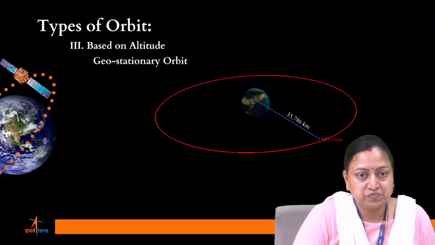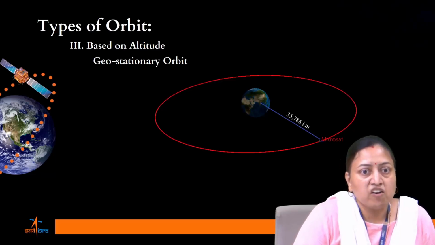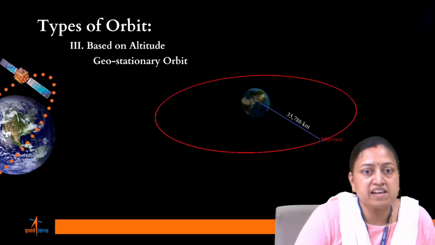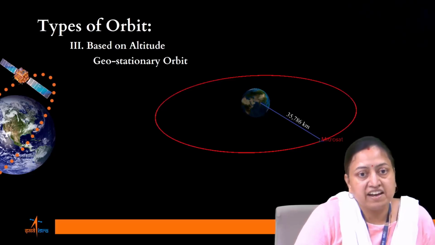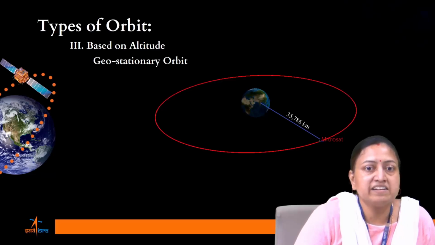Geostationary orbit. Geostationary orbits lie in the equatorial plane and the orbital period of satellites here coincides with the Earth's rotation, taking 23 hours, 56 minutes and 4 seconds at the speed corresponding to Earth's spin. Thus, they appear to be stationary at a position with respect to the rotation of Earth. The height of the geostationary orbit from the Earth's surface is calculated to be 35,786 km in the previous section.